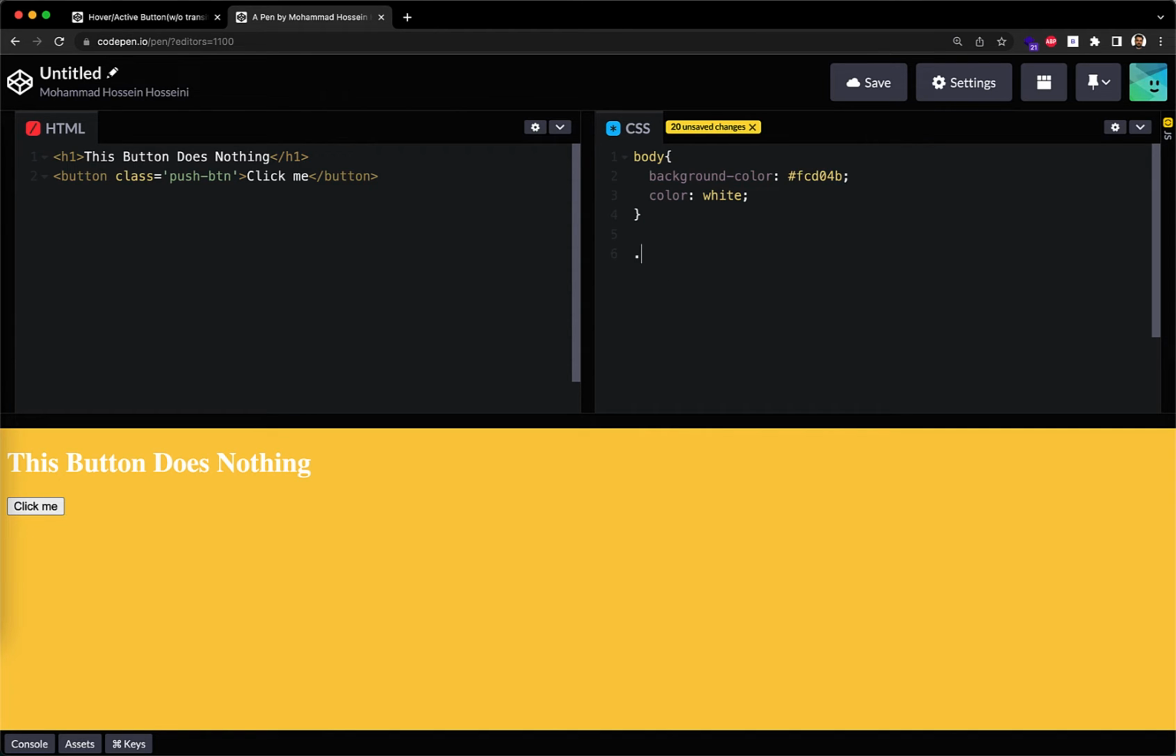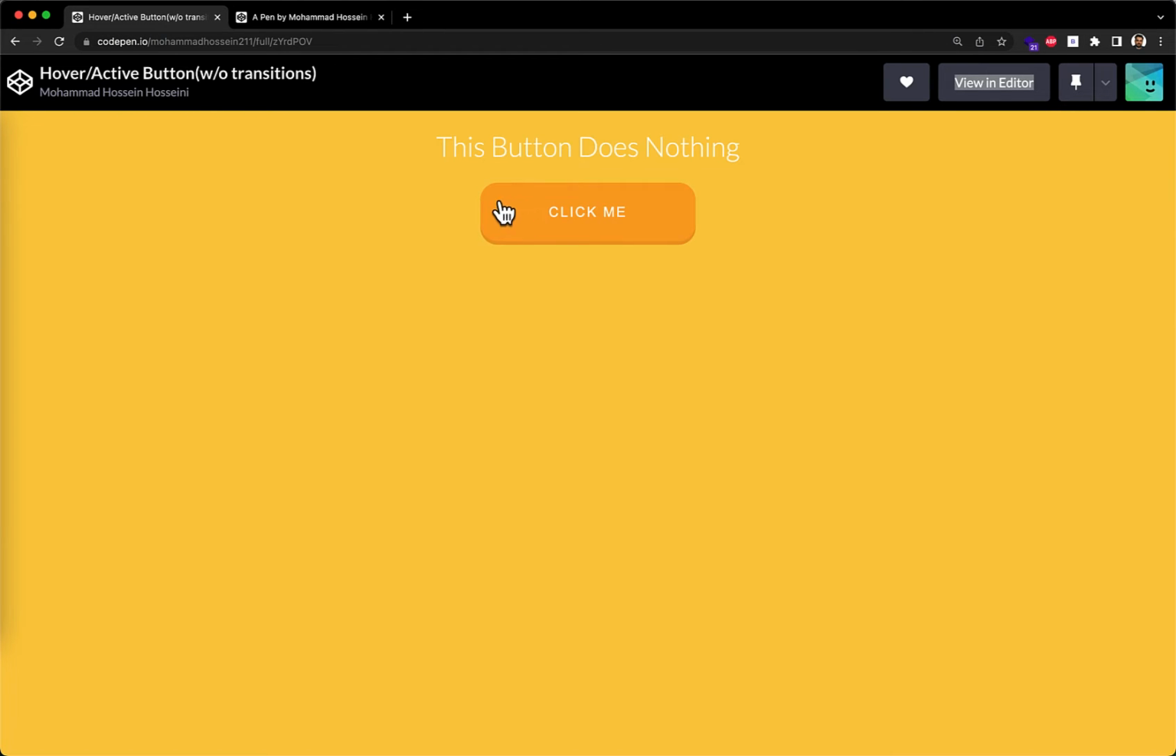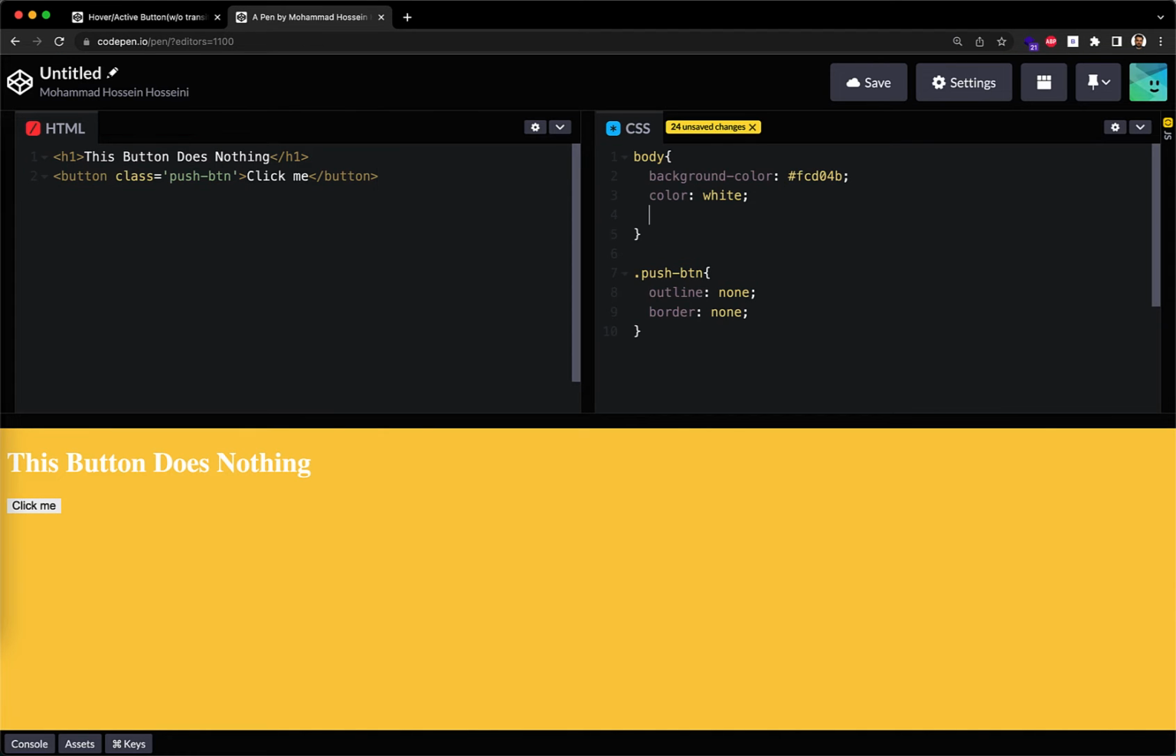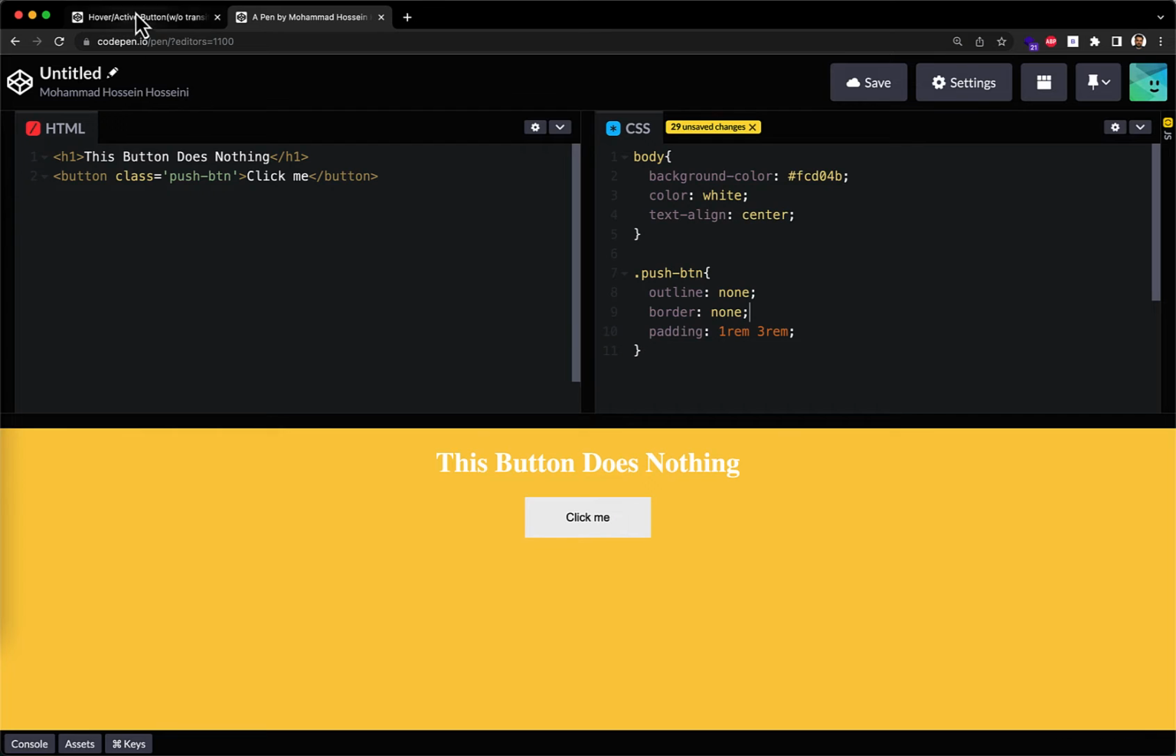Okay, now our push btn, and here we should first say, okay, it doesn't have any outline, none, and also border, none. So let's see. Yeah, as you can see, this doesn't have any border or outline, and then we better put this text align center. Okay, yeah, and after that we should add a padding. We can say 1 rem and 3 rem. Let's see. Okay, and then the font size